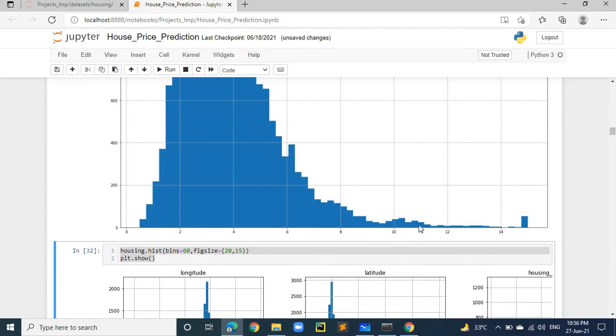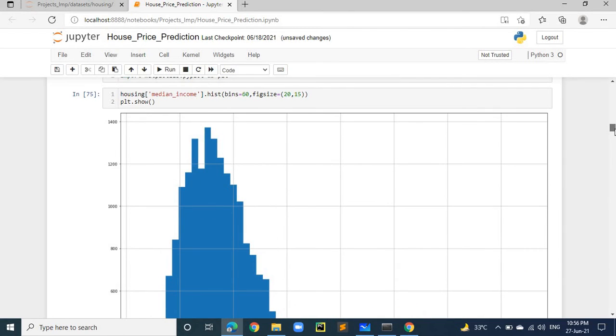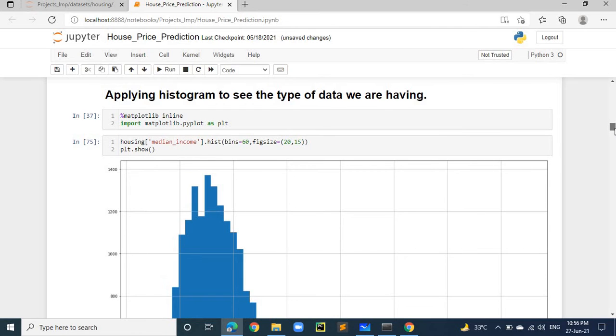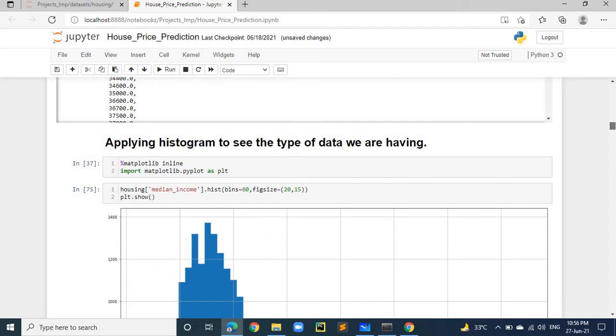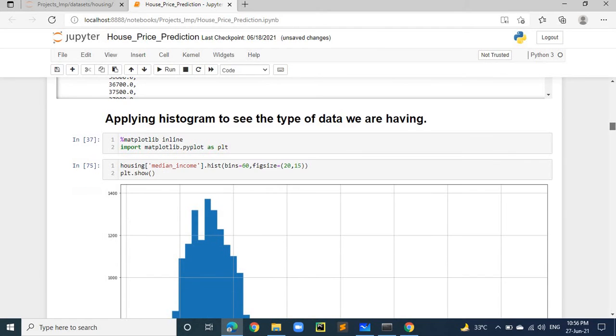After that it is skewed towards the right, and again it is capping between 14 and 15. I think it is capping at 15. The incomes are capped at 15. So this is what we can get from this histogram.